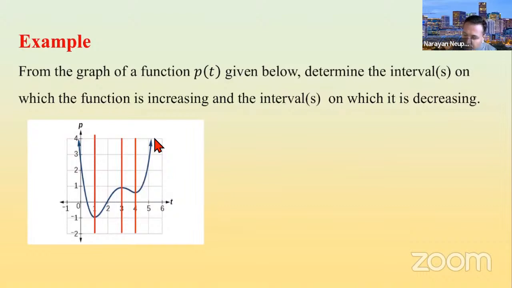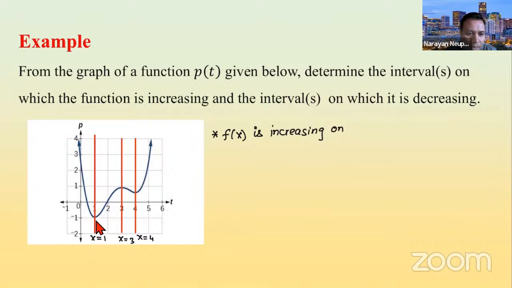You can also label those lines. The first vertical line is at x equal to 1. This second line is x equal to 3. The next line is x equal to 4. So our answer will be: f of x is increasing on